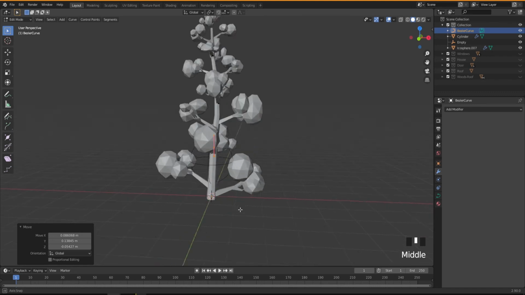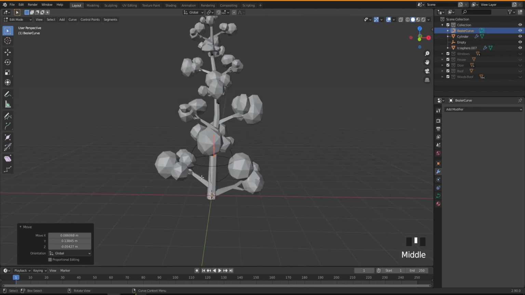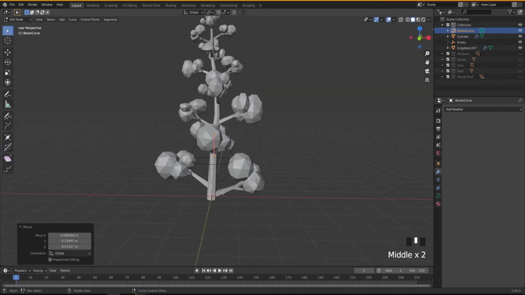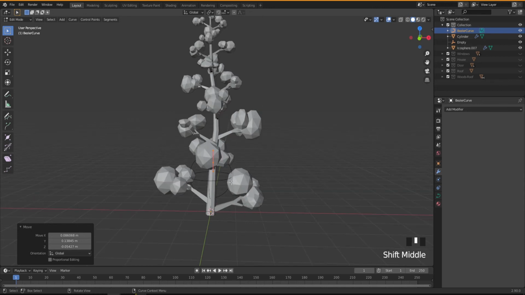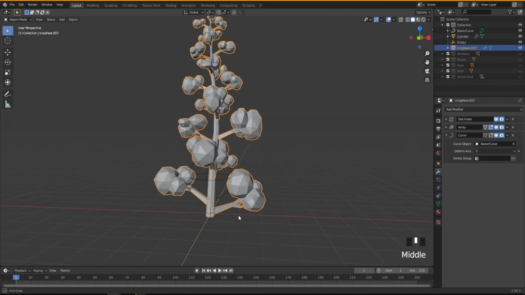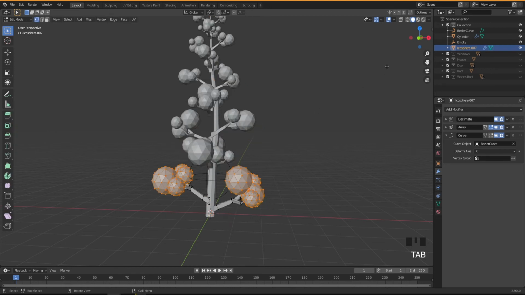And I forgot to move these two up a little bit because it doesn't start from this level. So it's better if our first one is around this area. So let me get out of this, and then I'm going to select this object and move our object up. So I'm going into edit mode by tab and then selecting everything.